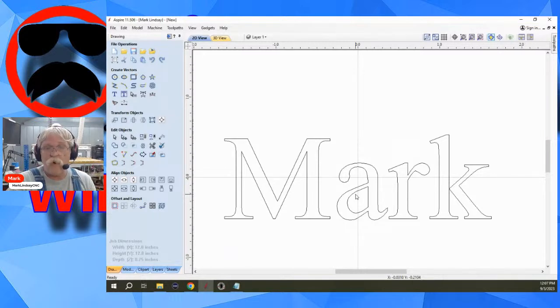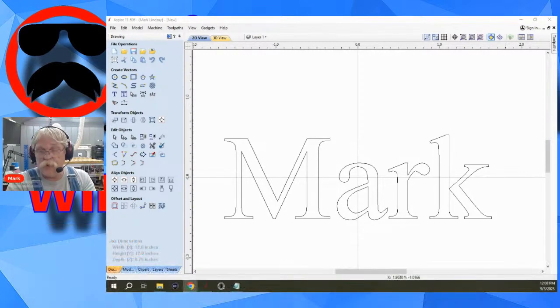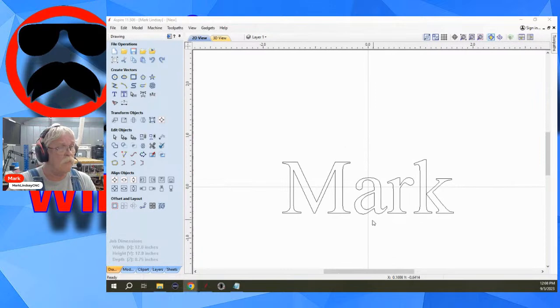But again, it's 100% style. Martin is 100% correct. At that height, it isn't really going to make a whole heck of a lot of difference. So it's the font that best suits the project and the look you're after. And he's 100% right. If you want a script font, then Times New Roman is not going to work. If you want something